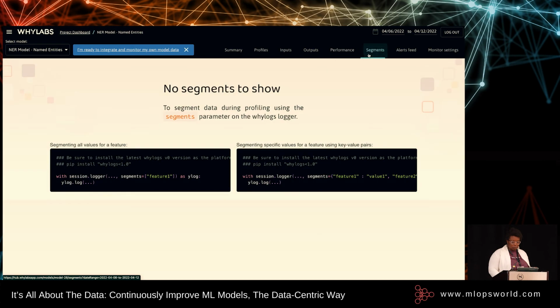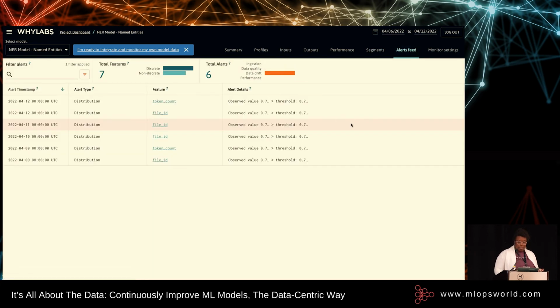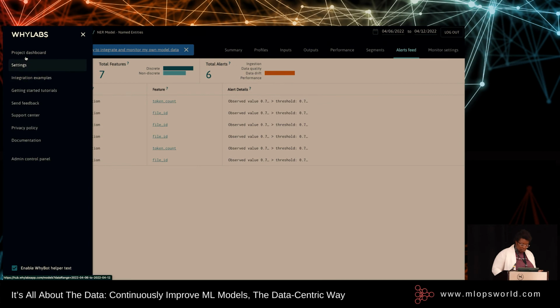Other things that I'll just point out while we're here that I don't have in this particular demo, and I won't have time for the retail demo, sadly: segments, so we can decide to slice our data across any feature when we do that profiling, and then we can dig into a particular slice of our data. We also have things like a feed of alerts, so that we see running in here, and monitor settings. I think the other thing I want to show is